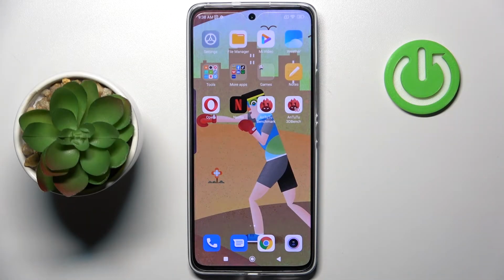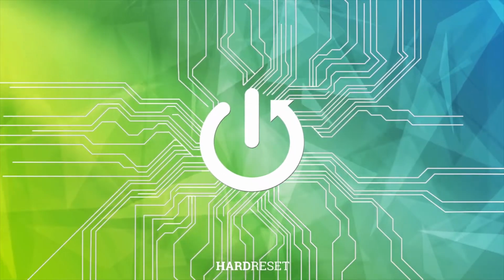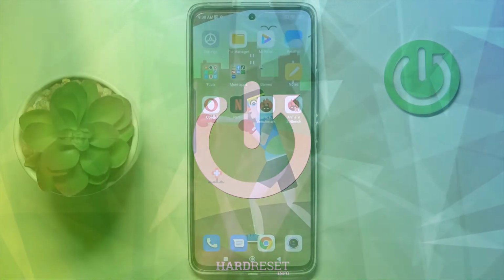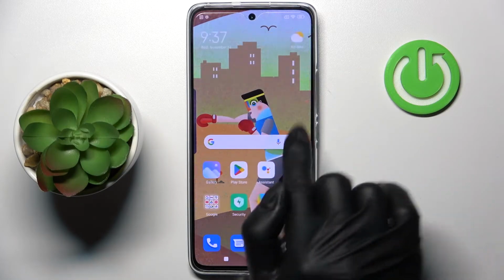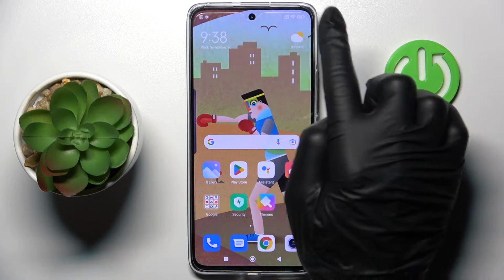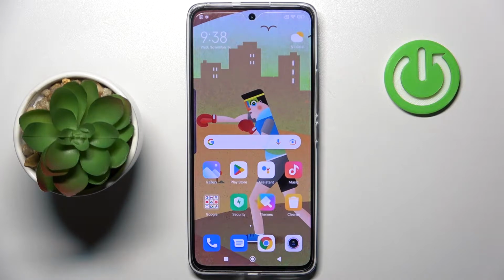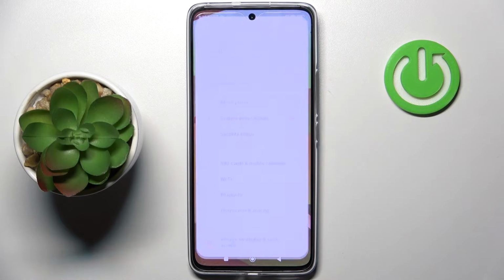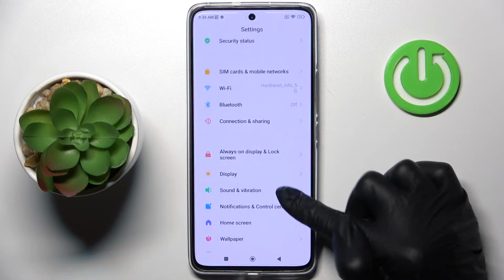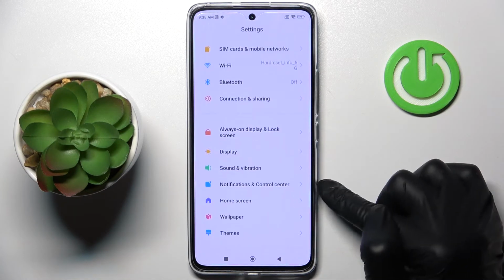Here we've got Xiaomi 12 Lite, and let me show you how to activate or deactivate battery percentage and status bar. So as you can see, actually you can barely see it, however, here we've got 72%, so we've got it active. If you would like to hide it, just open the settings, then find and select all notifications and control